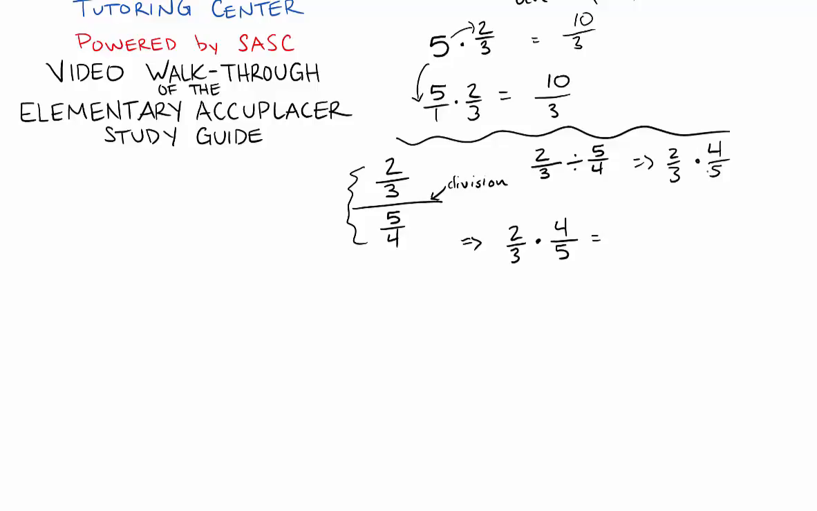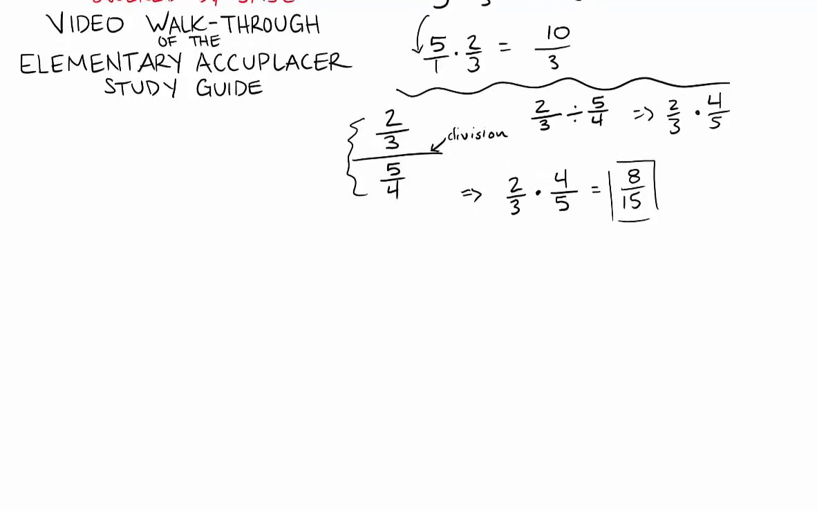We just multiply across the top, multiply across the bottom. Our answer becomes 8 over 3 times 5, which is 15. 8 over 15 can't be reduced, so that's our final answer. And that's it. I'm going to do one more with a whole number, just like we did with the multiplying fractions. If I have, say, 3, and then I divide that by, say, 2 over 4,